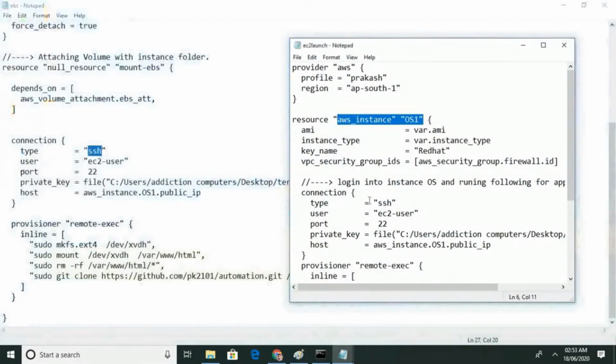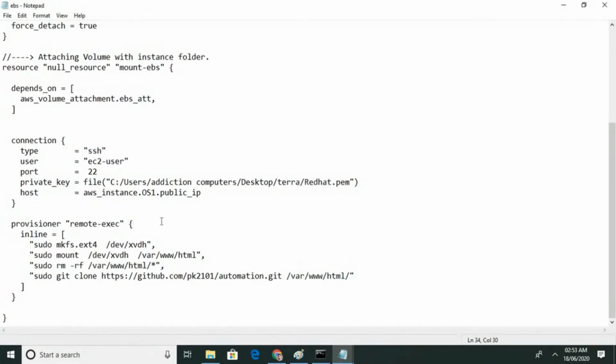I have discussed that if you write any code in the instance, you need these connections, an SSH connection from local to remote. Why do we need this connection? Because we want to mount or do a partition of this instance's EBS, because this EBS is now attached.